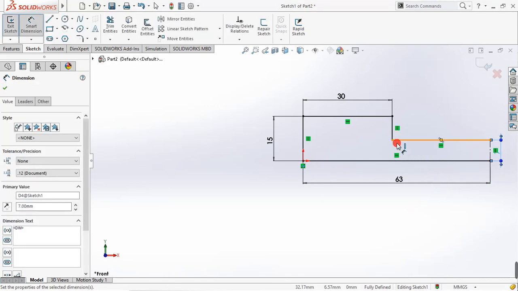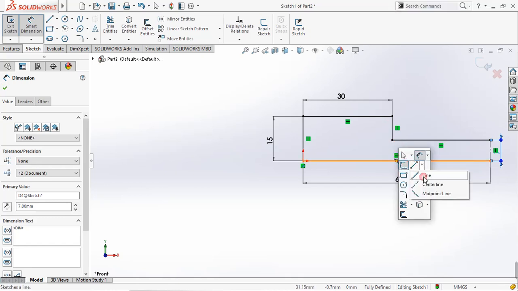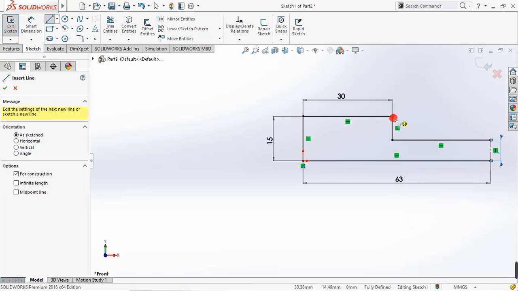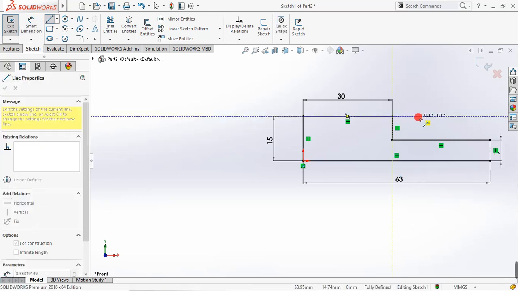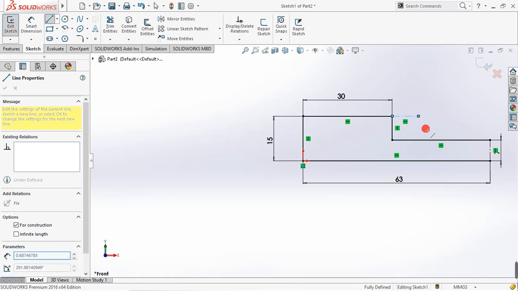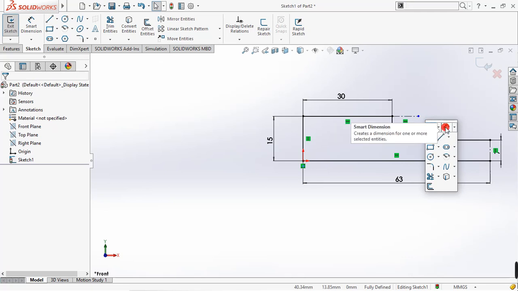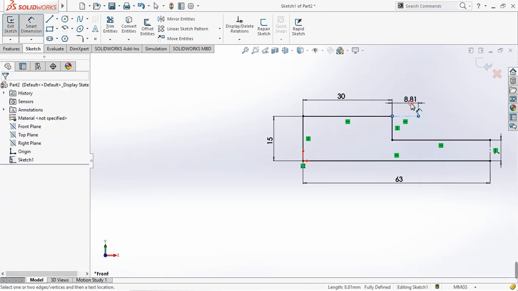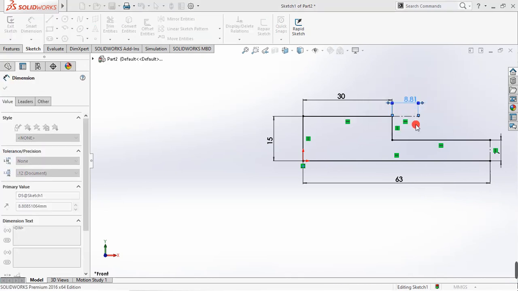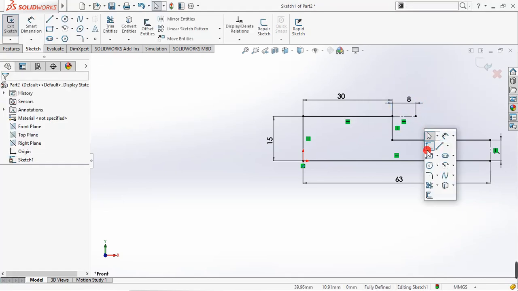Okay, so in this corner we are going to create a fillet. I will construct a line that would locate the center of my fillet curve. So I'm going to end this here, and then I'm going to add some dimensions. Press S, smart dimension, and the length of this construction line is 8 mm. And after that, I'm going to create